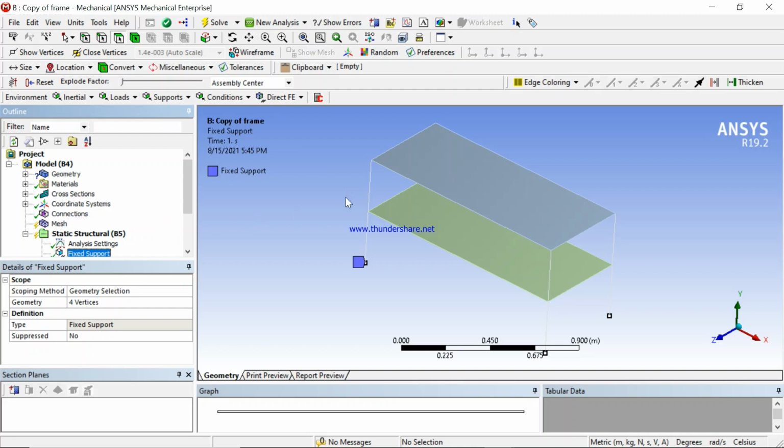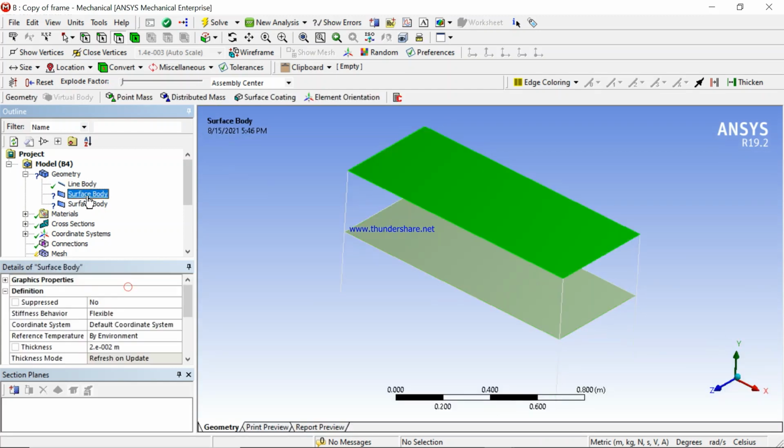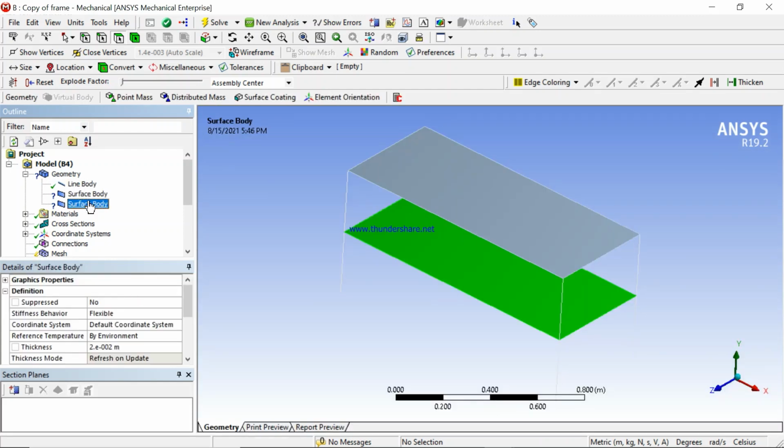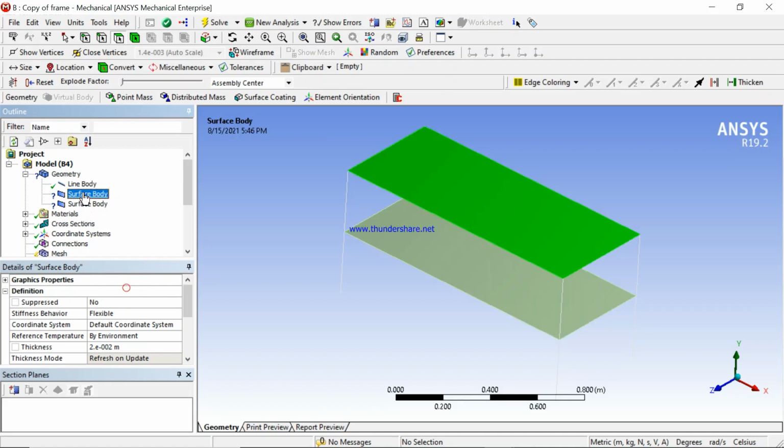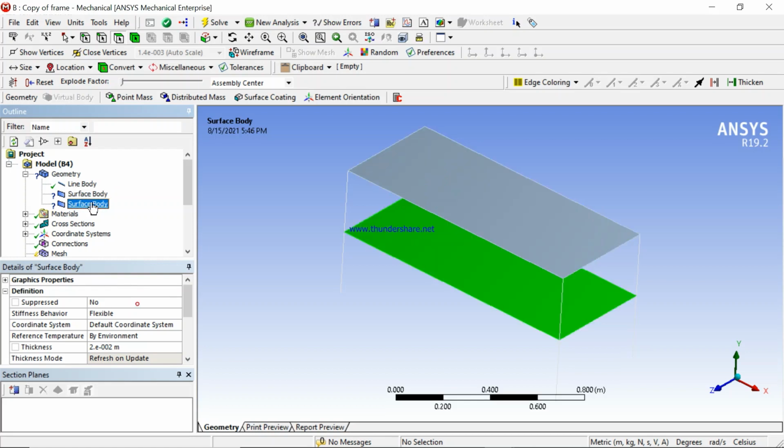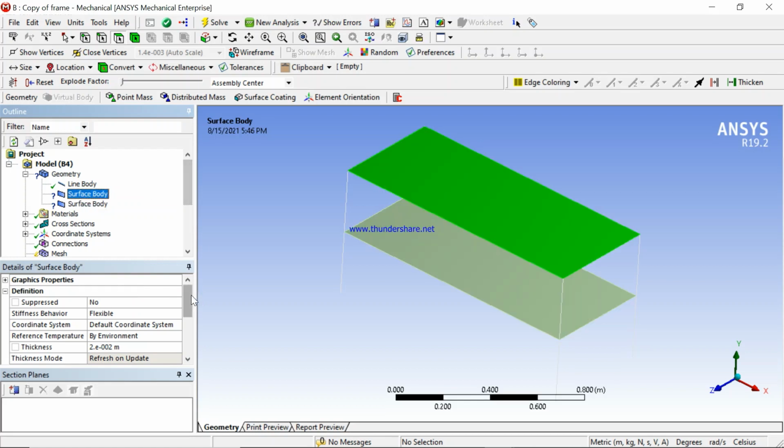Now, because we didn't create a boolean, it means that when we come to our geometry, we shall have the line body, surface 1, and surface 2. Because we didn't join to have a single body, we have to define the material for this surface and the material for this surface. So, the material for surface 1,